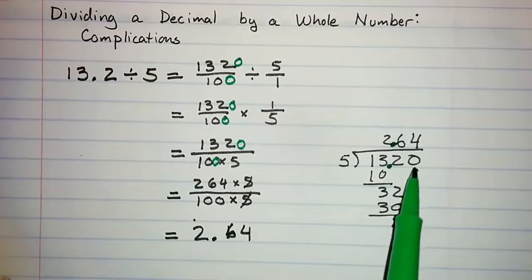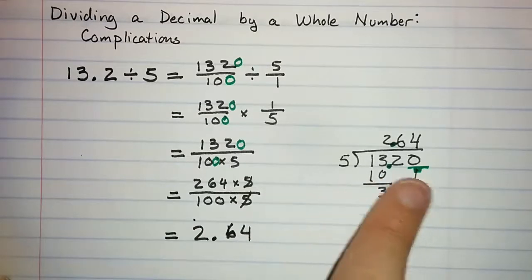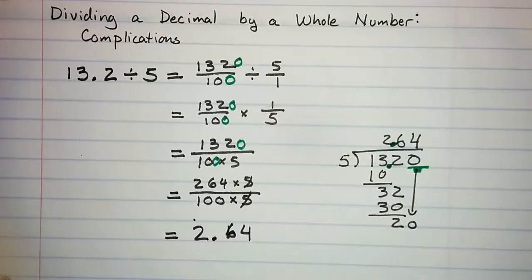What's the difference? I needed to add this extra 0 onto the end. And in fact, I wouldn't have needed to predict that before I started dividing. I could just be dividing, see that I have something left over, and add this extra 0 onto the end